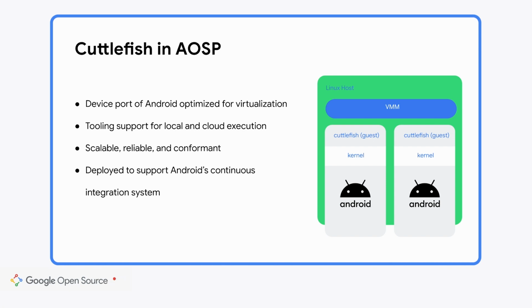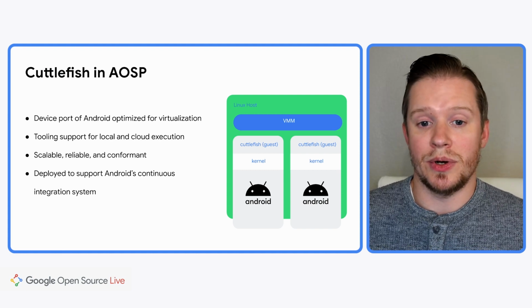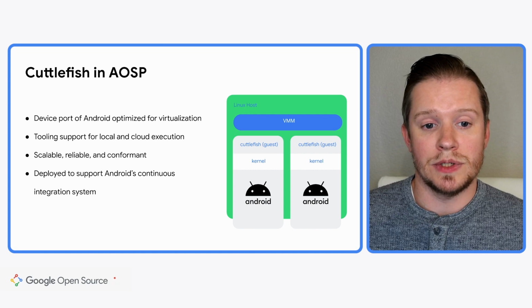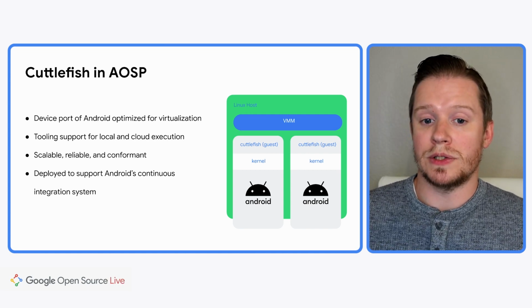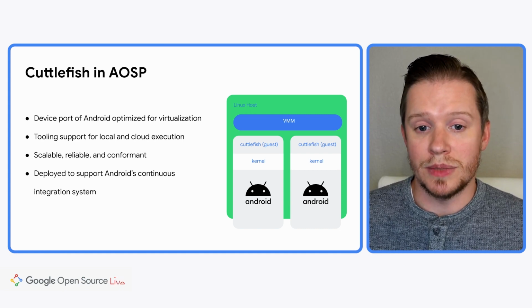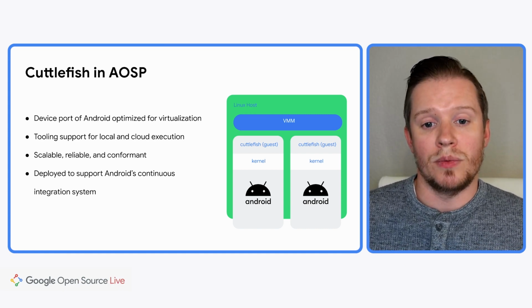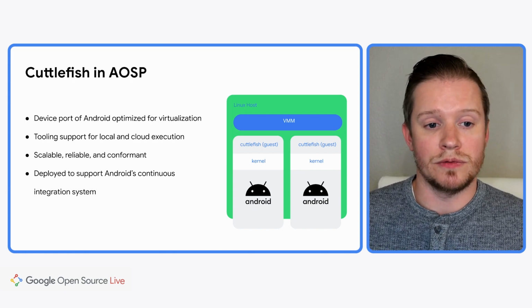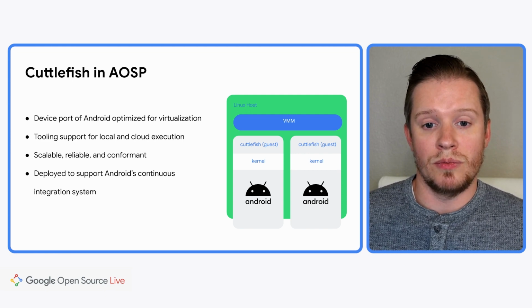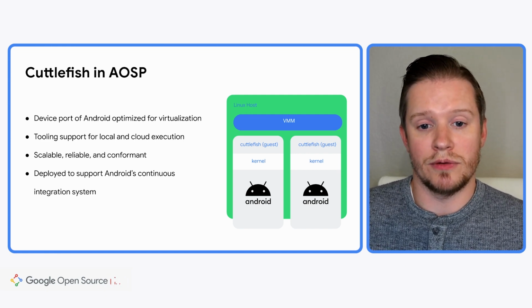So we take advantage of this scalability, reliability, and its correctness and conformance characteristics in our scalable CI system. And Cuttlefish has been deployed for a long time now to the Android AOSP continuous integration system. So when you upload a change to AOSP and maybe a Googler sees your change and starts what we call pre-submits on that change, that will most likely be run through the Cuttlefish virtual device to validate that your change is correct. So we trust the virtual device enough to use it in our own continuous integration system.